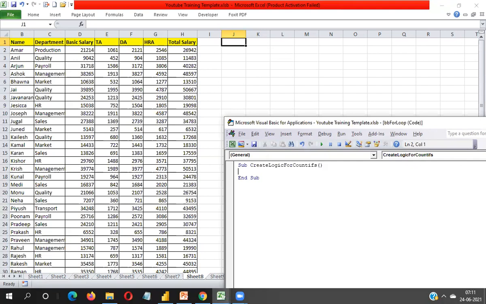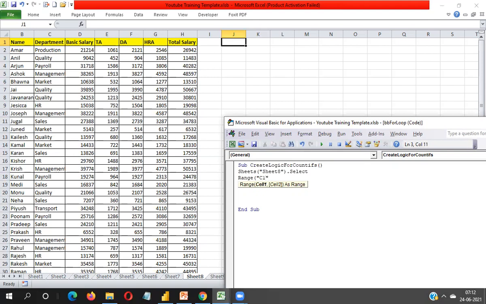Here I'm going to activate Sheet8, because my data is available in Sheet8. That's why I'm activating Sheet8. Then I need to copy the data from column C, range C1.